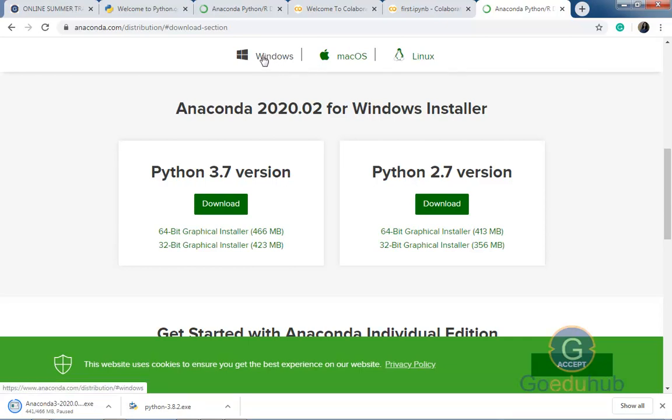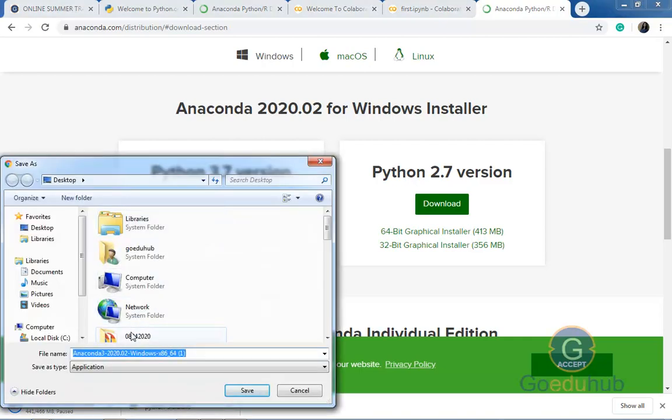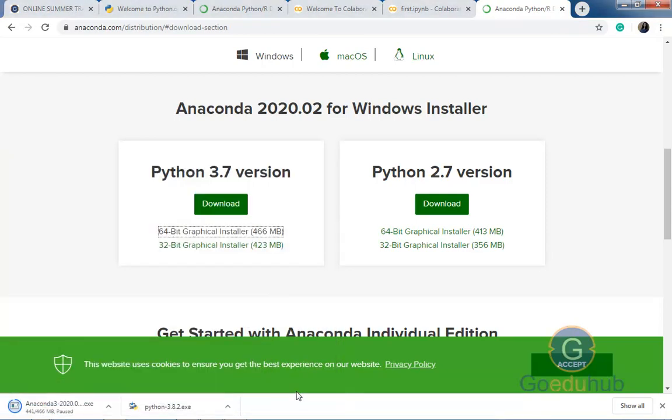I have selected Windows, and I can select either the Python 3.7 version or the Python 2.7 version. Just select any of them, and then 64-bit or 32-bit according to your system configuration. I'm selecting the 64-bit graphical installer. Just click over it and it will download the exe file. I already have this, so I'm cancelling it. I have downloaded it.